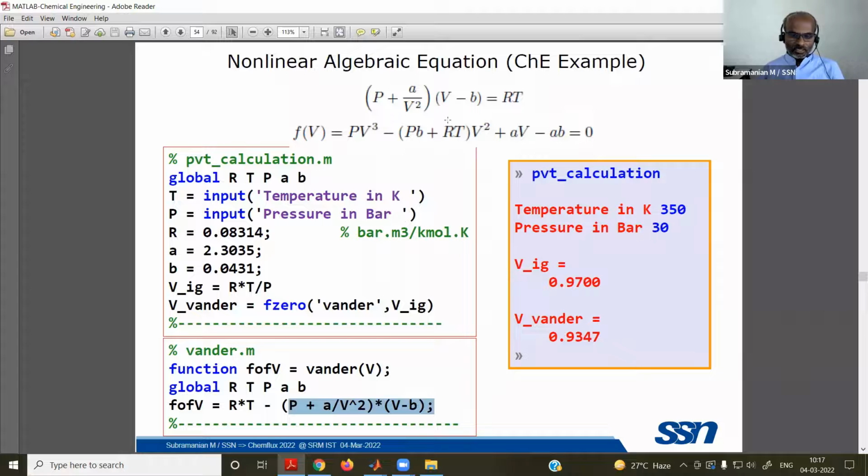You can write in any other way. I have written it in the simplest way without much expansion. So you have this F of V available. We are going to solve for F of V equal to 0, using the initial guess of the ideal gas volume. So this is your ideal gas volume, whereas the Van der Waals equation volume is this way. So this is a simple thing.